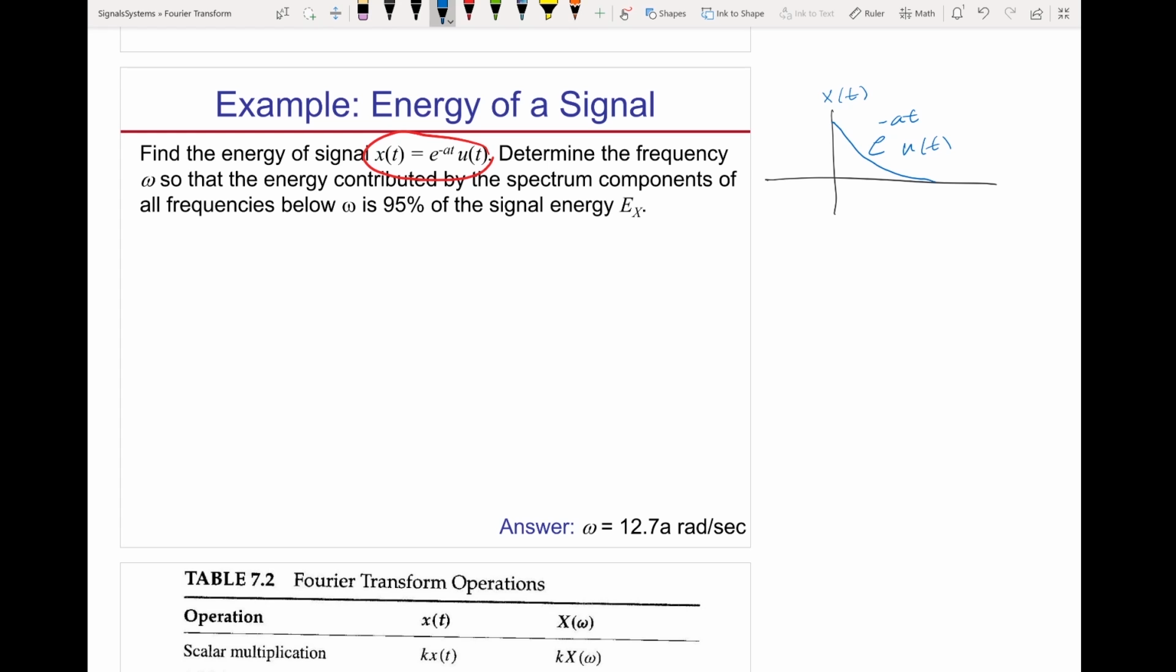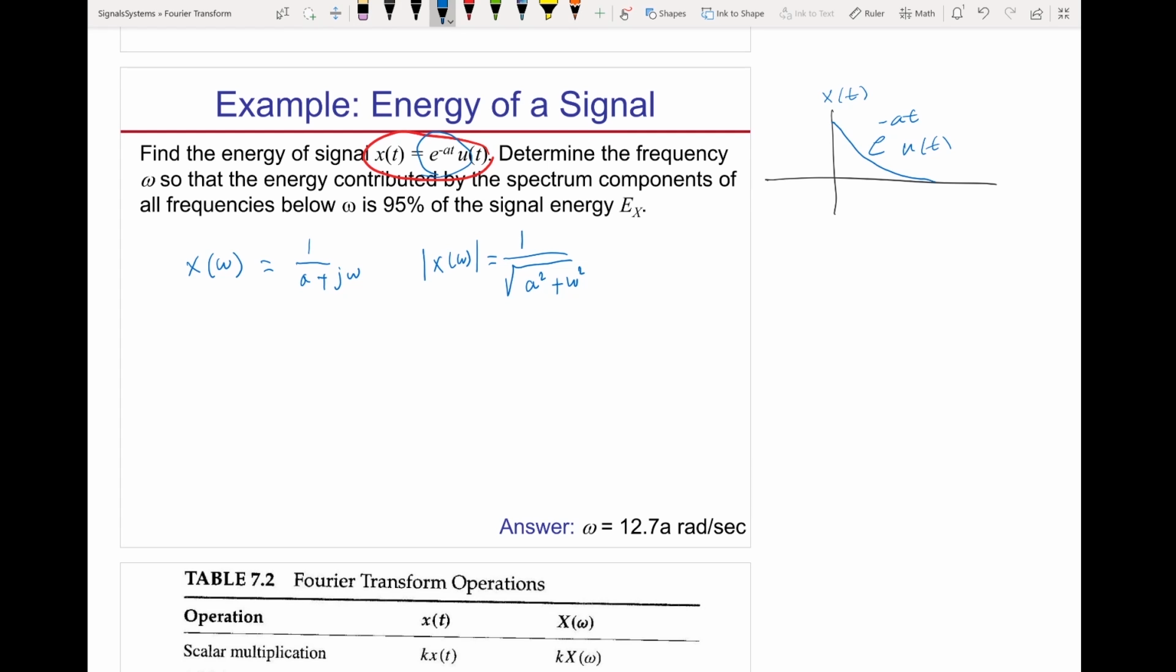So the high frequency you will delete is only worth 5% of the energy of the signal, and we can tolerate that. Then how do we find that cutoff frequency omega? One way is to find X of omega. If we find X of omega, we can use the table, X of omega from the table. And if I find the magnitude,